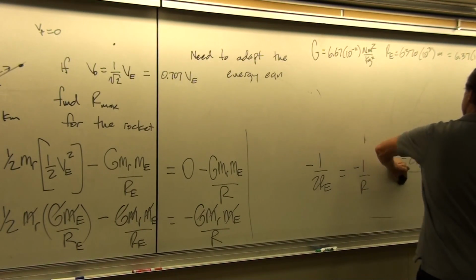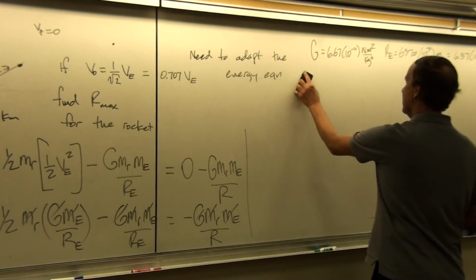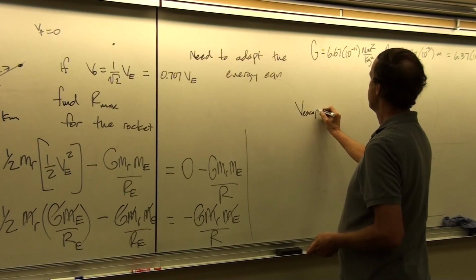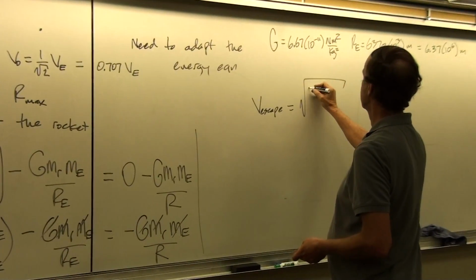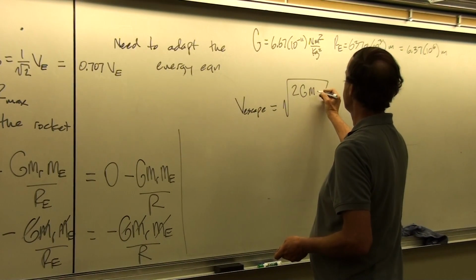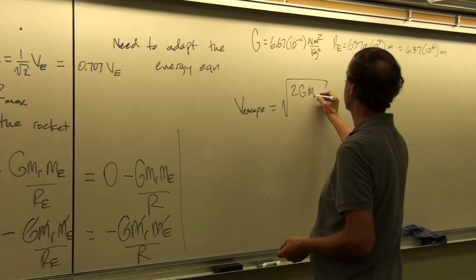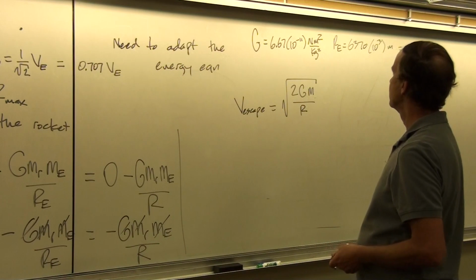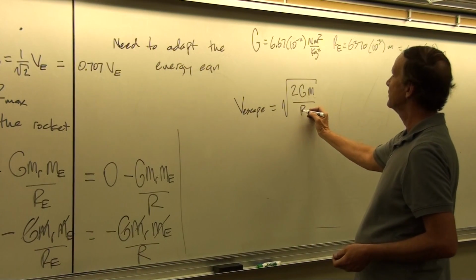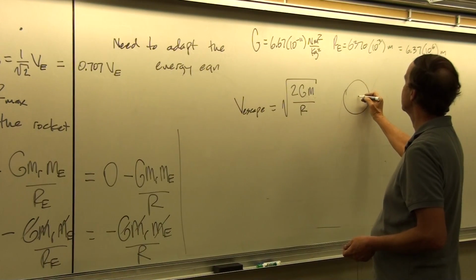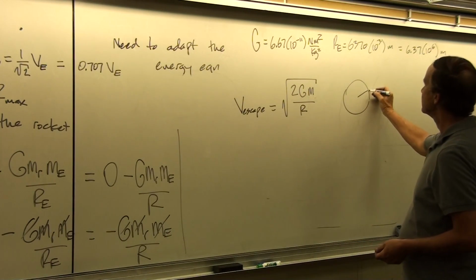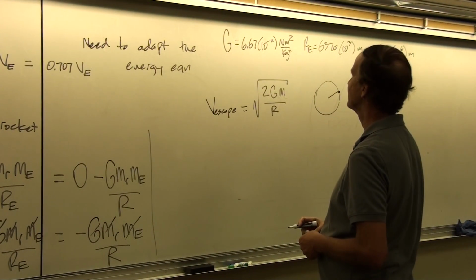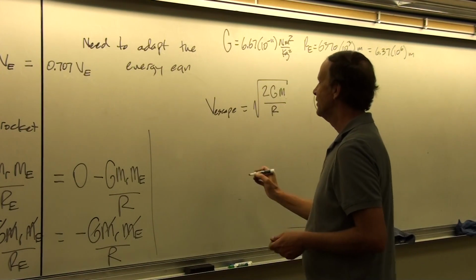Now, back around the year 1800, a guy looked at an expression like this one for V escape, which we saw before was the square root of 2GM of the planet, whatever that was. Let's just call it M for the moment, where r is the radius. This could be a star if you wanted, and this could be the radius of the star. It doesn't have to be a planet anymore. But if you were at the surface of this thing, you would need this amount of velocity in order to escape to infinity.